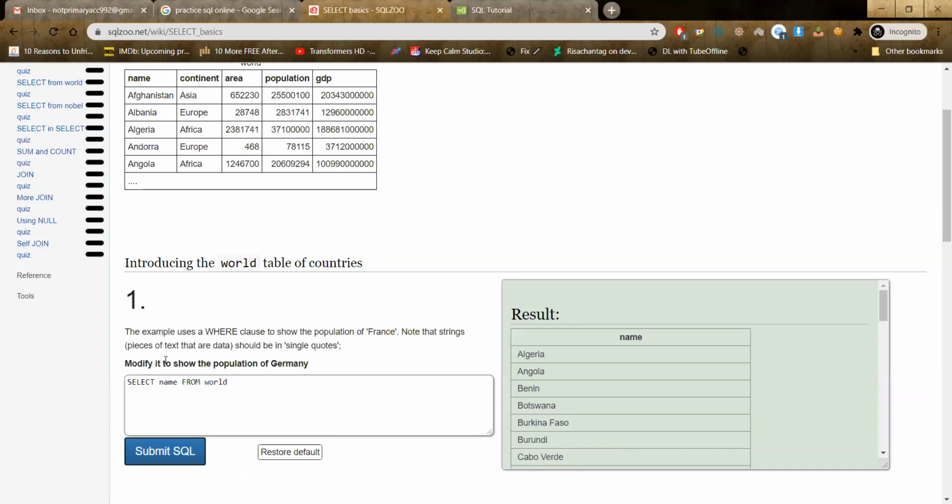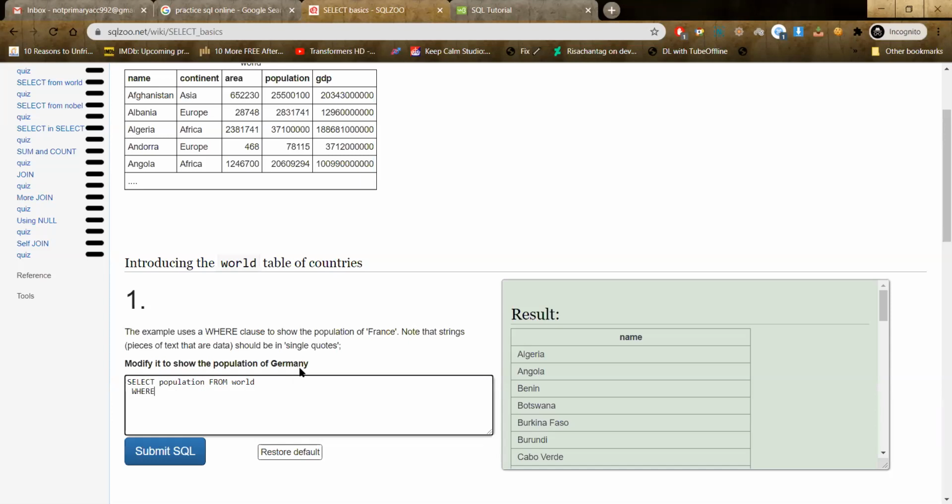Now it says that we want to modify the SQL statement in order to be able to see the population of Germany. So we need to select population, and now we need to specify a condition about the name, because we only want to see the details for Germany particularly.